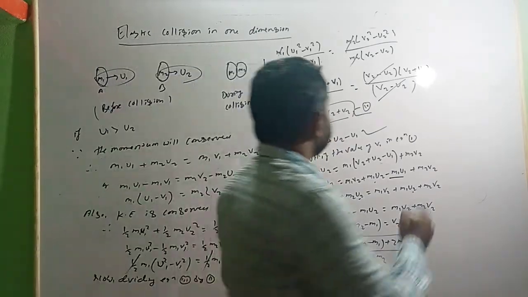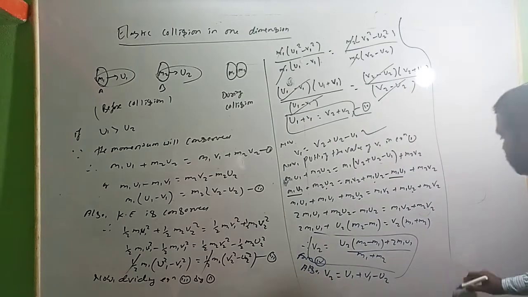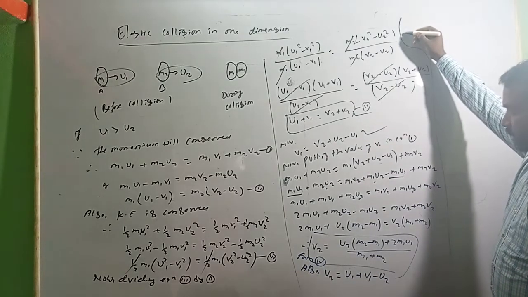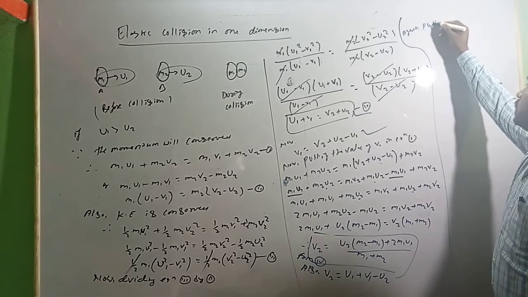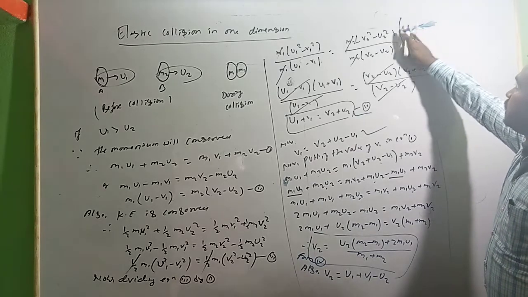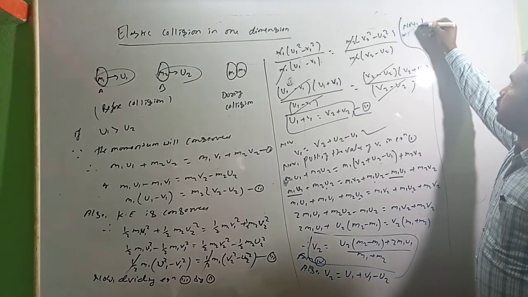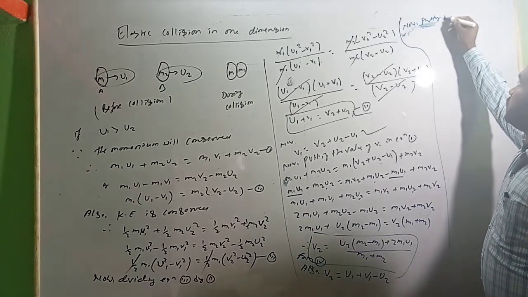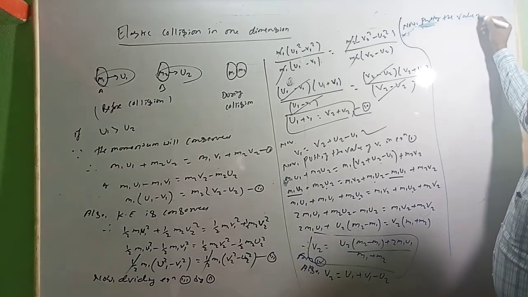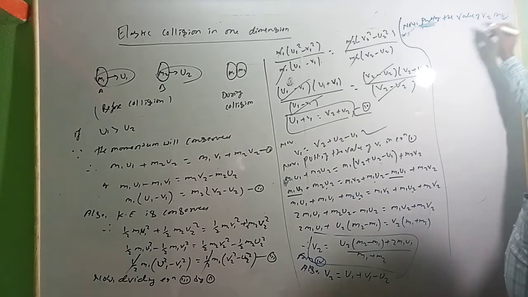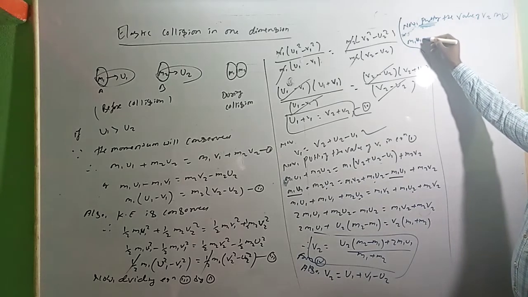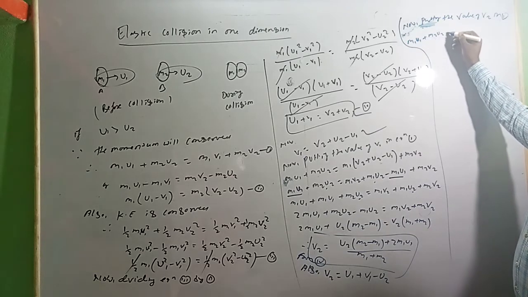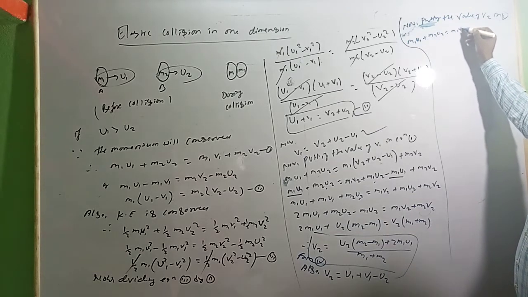Now again you will substitute this one. Where will you substitute? In equation 1. Okay, again putting the value of v2 in 1, then you have m1 u1 plus m2 u2 equal to m1 v1